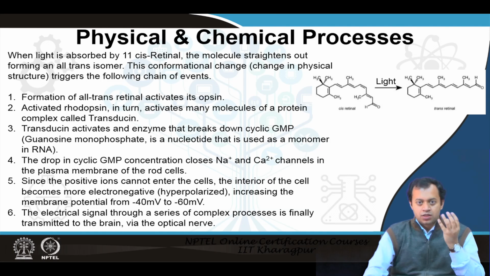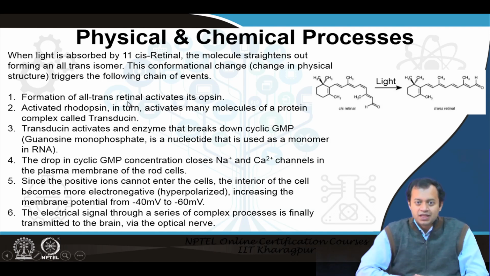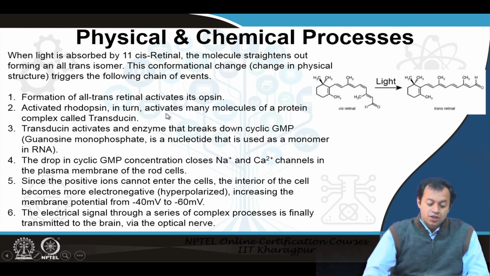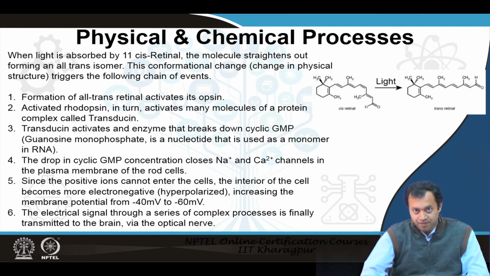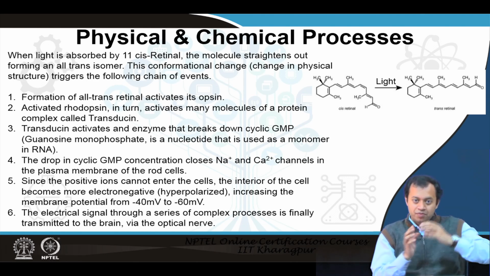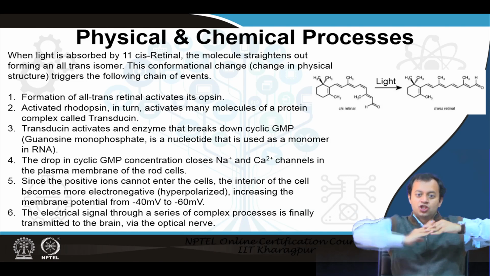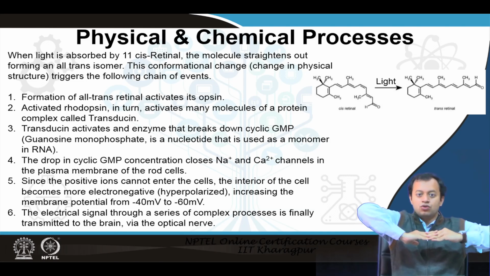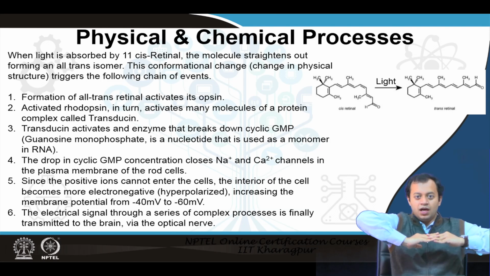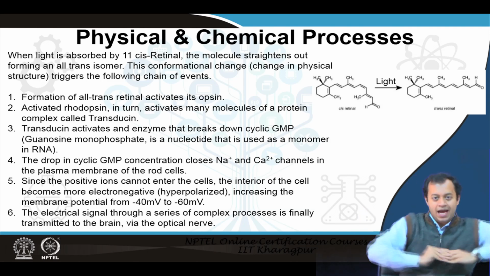What happens when this protein, the most important pigment, rhodopsin, gets activated? A chain reaction starts. Rhodopsin will activate another protein called transducin. Retinal absorbs light and its shape changes. The change of shape gives a kick to the rhodopsin it is connected with, a nudge to the protein it is connected with. That protein in turn gives a nudge to another protein